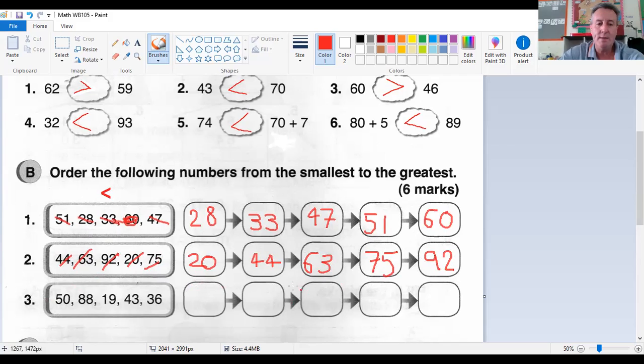So 20, 44, 63, 75, 92. And the last one is